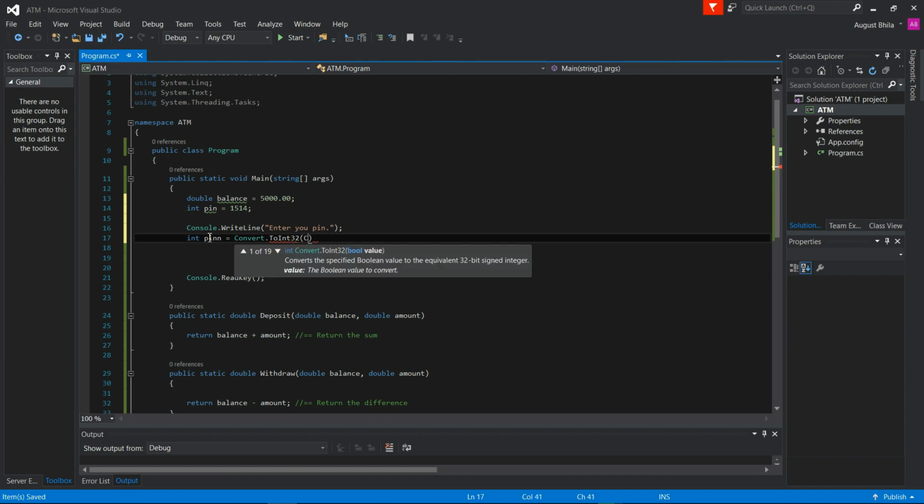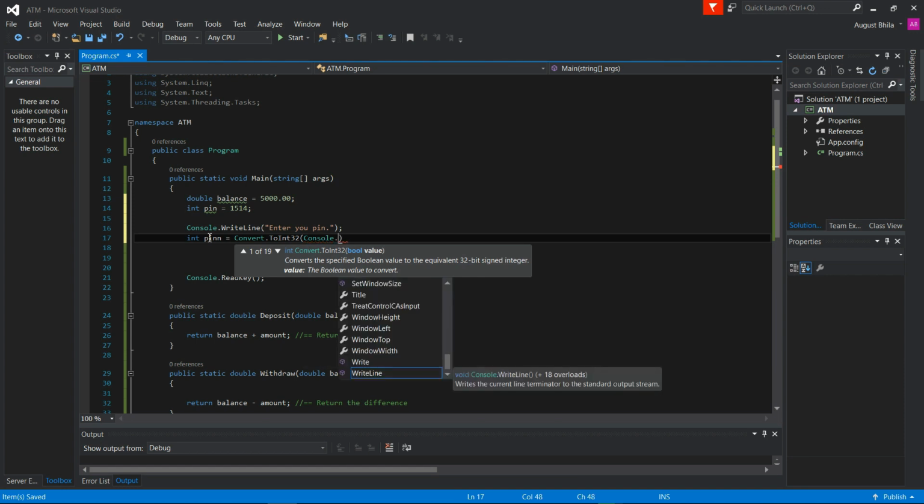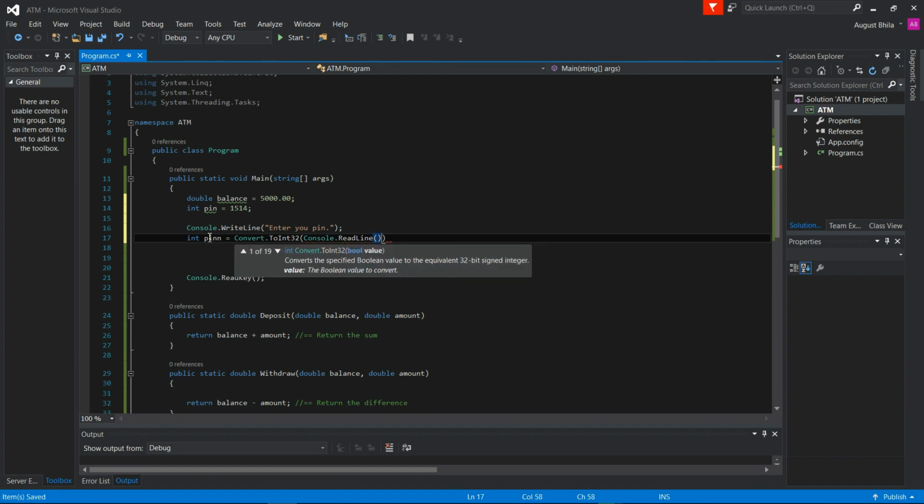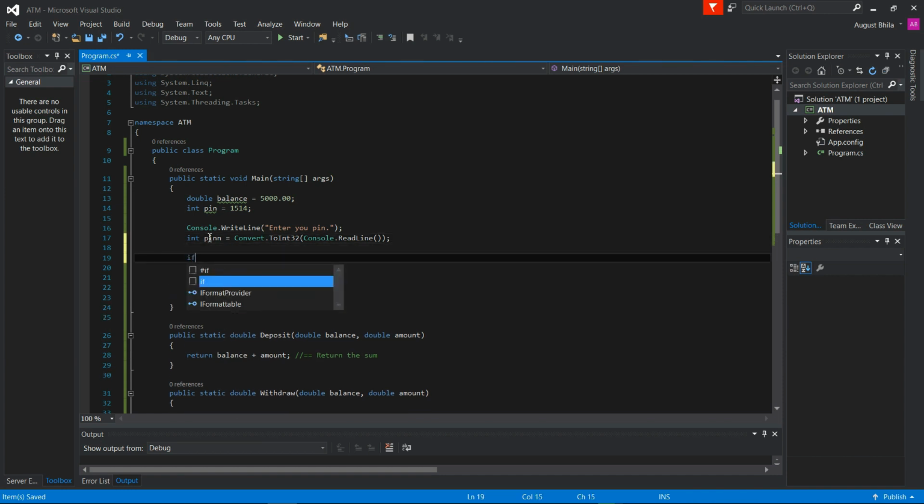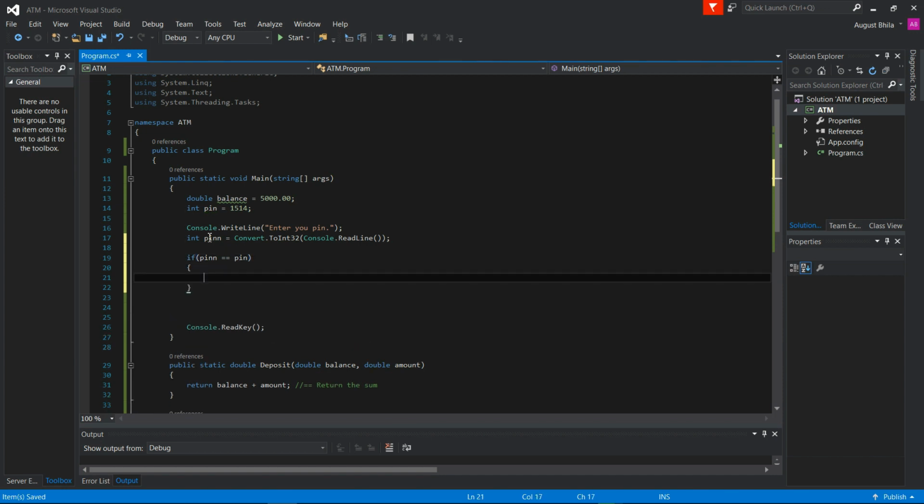Okay, and then we're gonna pass console dot read line. Okay, powerful. And then we do that. After we've read the line, we're gonna come down here and say if the entered pin, or we can use dot, no, we can't use that, that's for string, is equal to pin, then